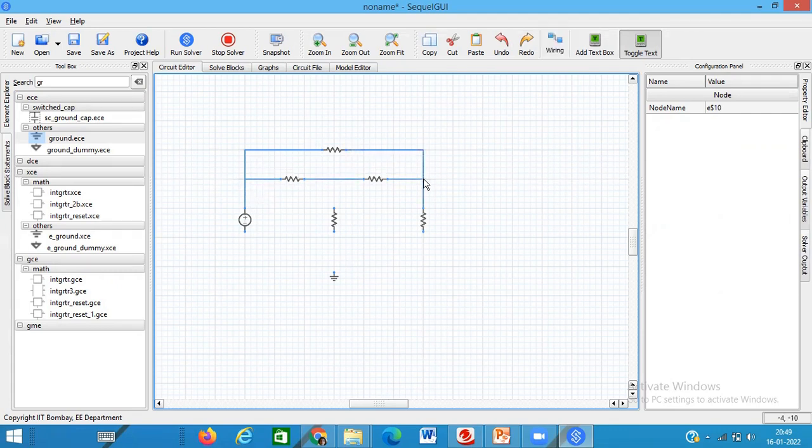Okay. Now I will show you one more thing. Now see this point. Now wiring. See, these are all grounded, right? So connect it properly.